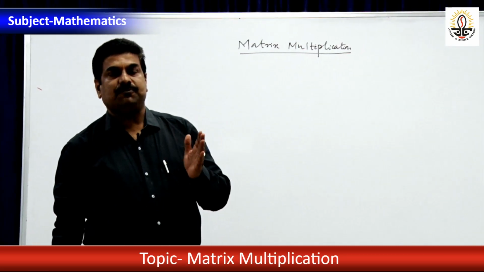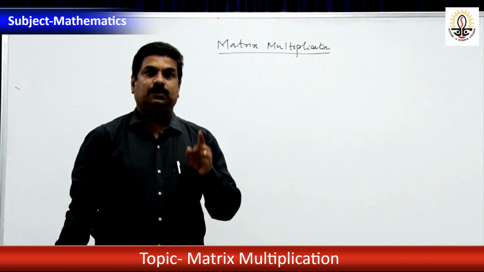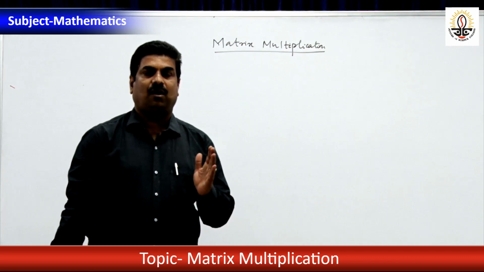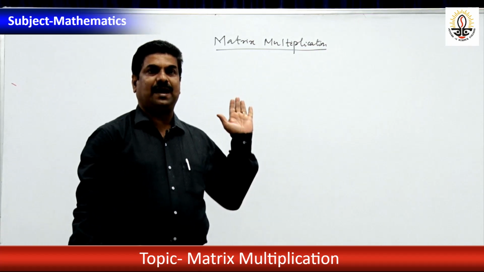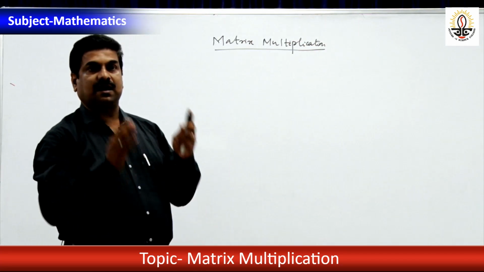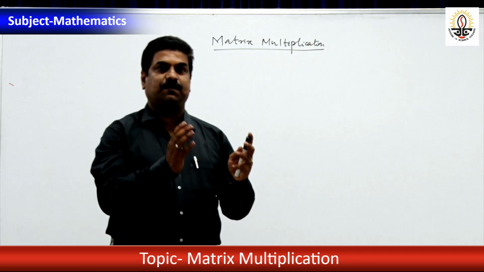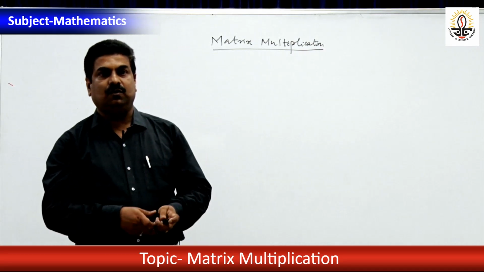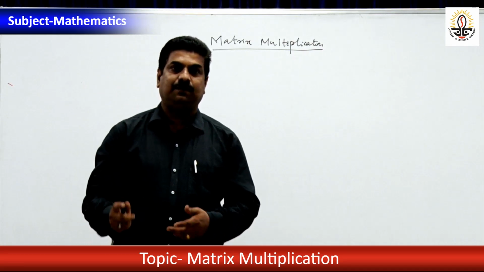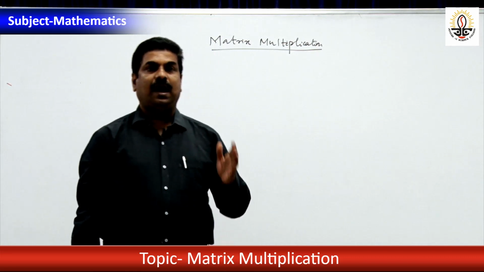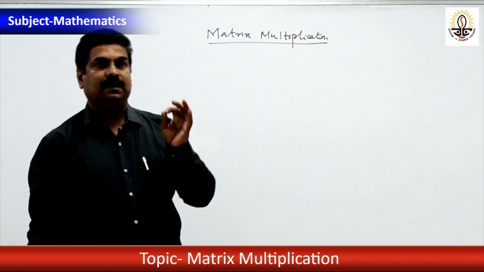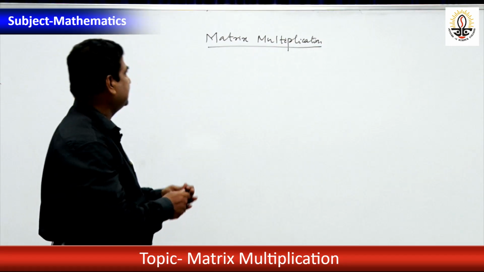In case of addition and subtraction, the two matrices are of the same order. But in case of matrix multiplication, if the number of columns of the first matrix is equal to the number of rows of the second matrix, then the matrix multiplication is conformable and the product is defined. Therefore, we can write this as: